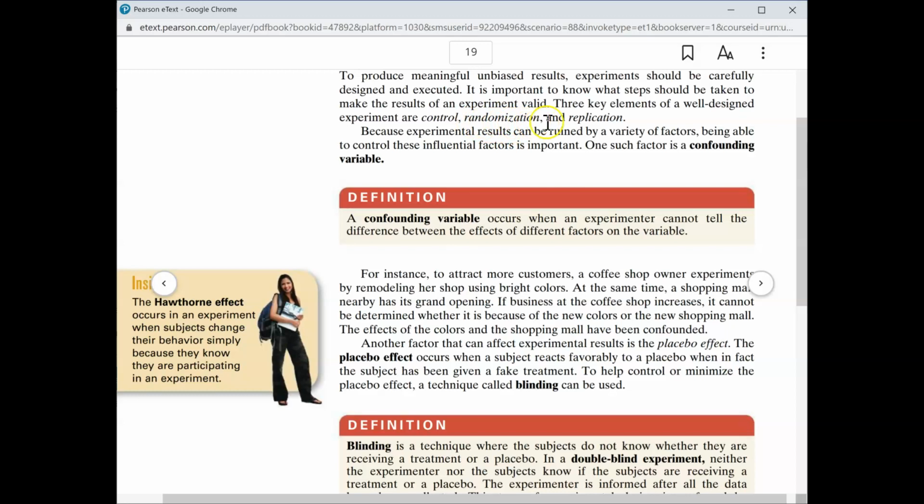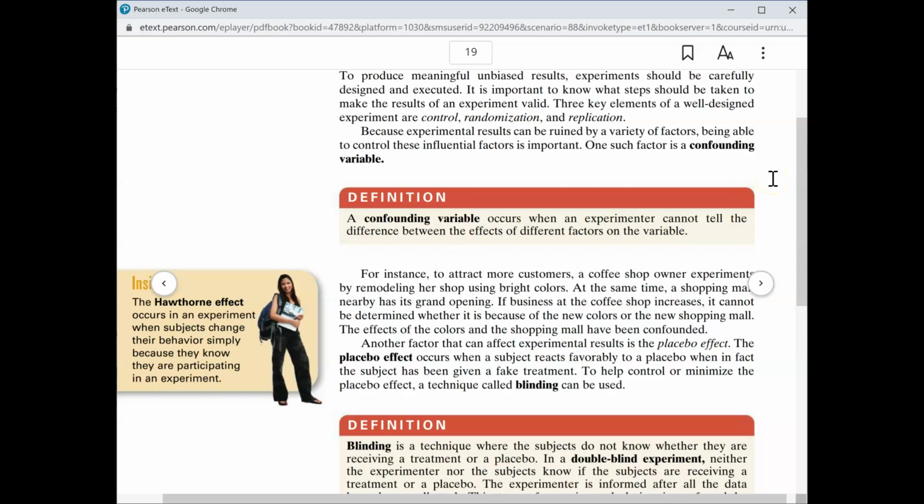You want randomization, so that you yourself are not causing invalid results by your bias. You want there to be randomness to what you're doing, especially in a survey, a sample group, and you want to be able to replicate that experiment so that you can